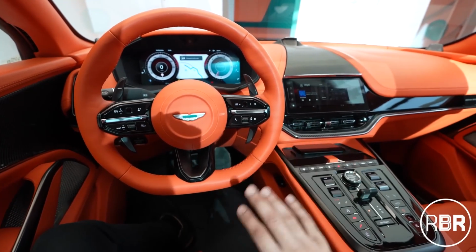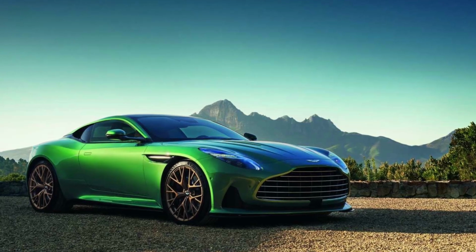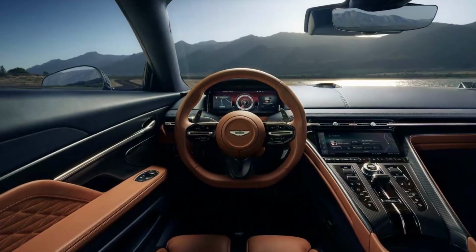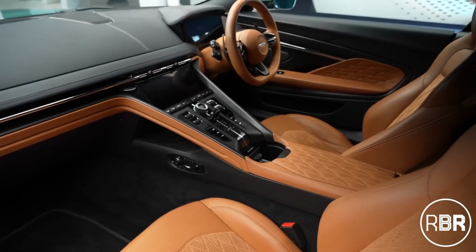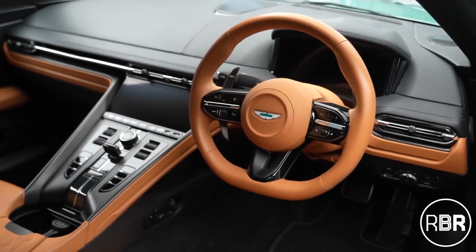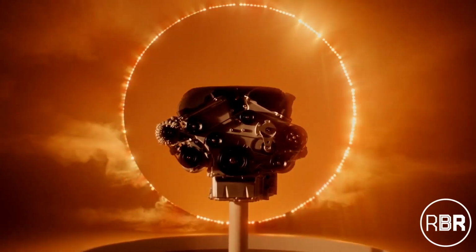GT car. The all-new 2024 DB12 is the latest in a long line of Aston Martin GT cars that began in the 1950s. With a long hood and bold rear fenders, the DB12 features the classic lines of its Grand Touring predecessors. But this latest DB features a wider track and a more prominent grille, giving the sexy coupe a more aggressive look. New stylish LED headlights flank the grille, and the DB12 wears the latest version of the Aston